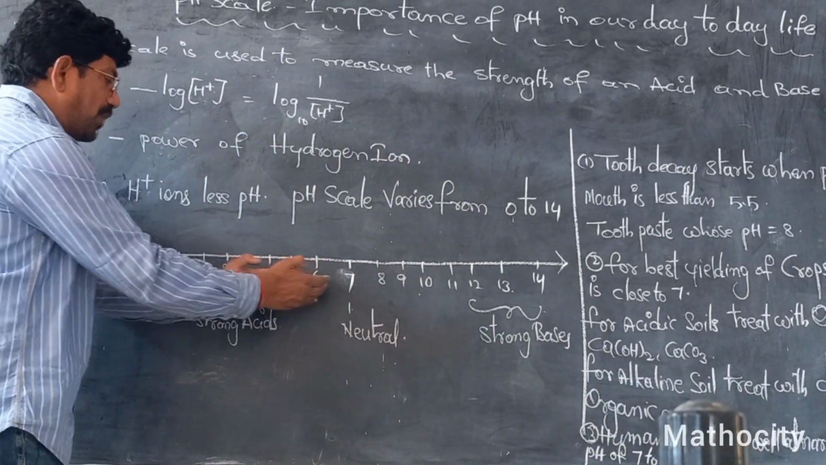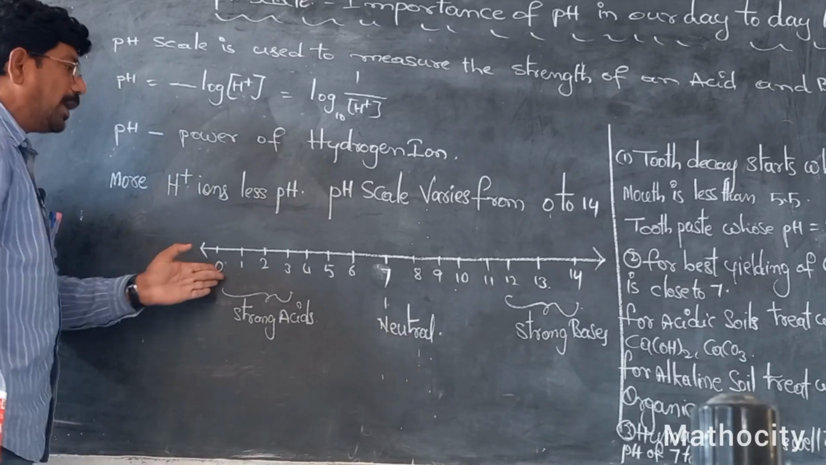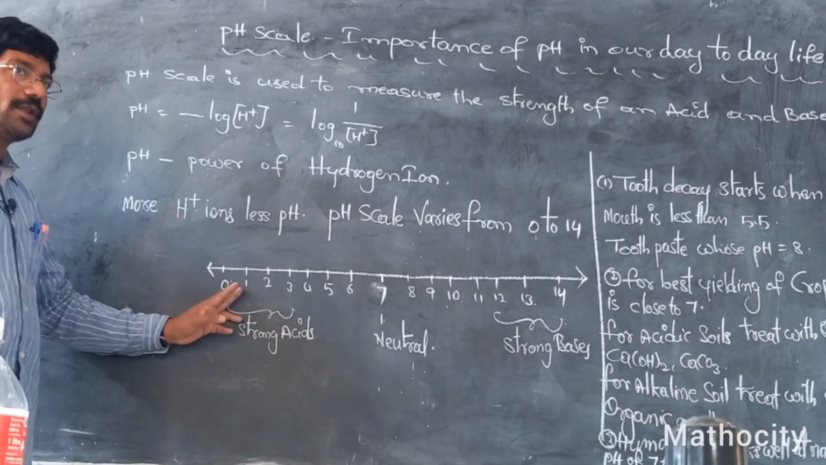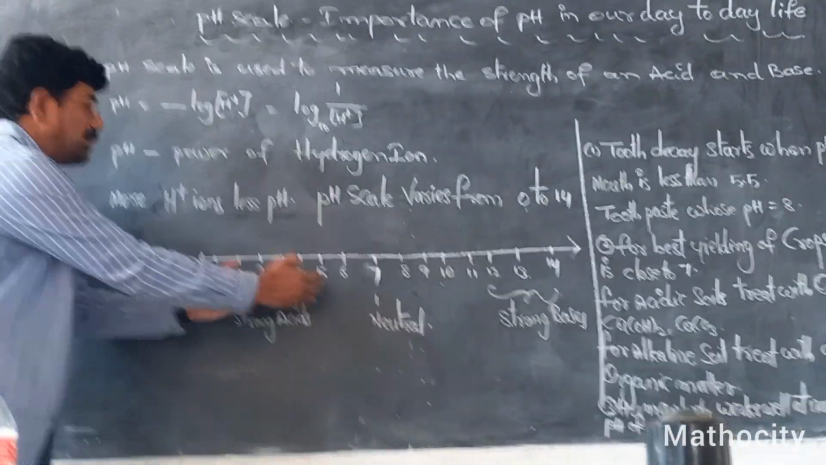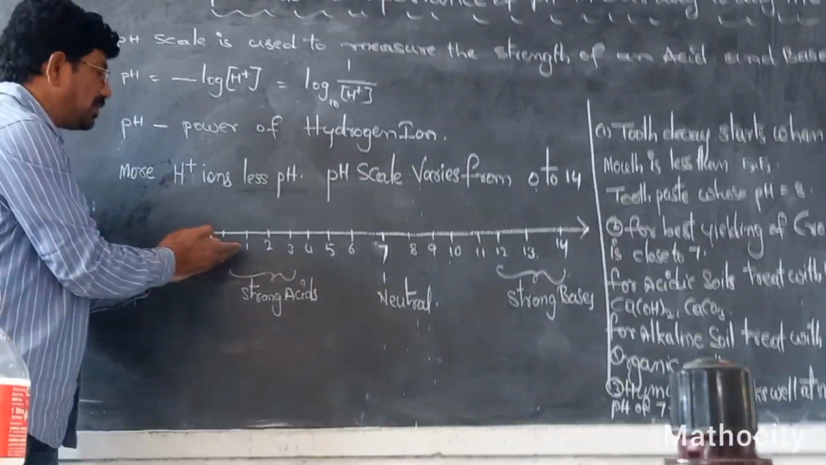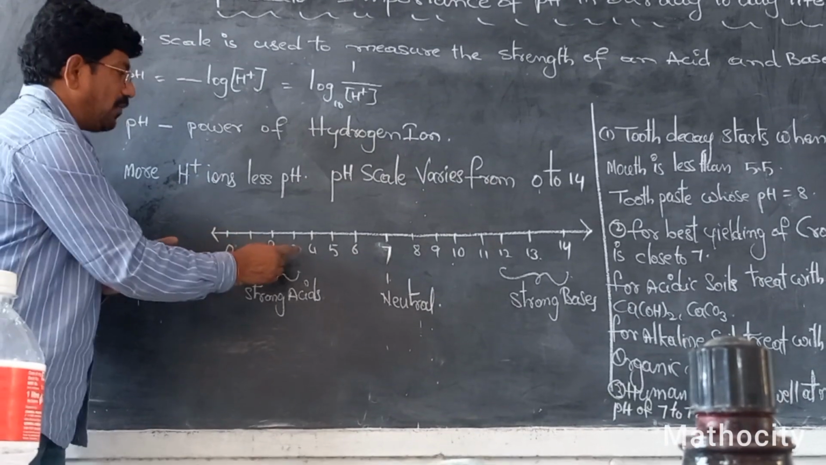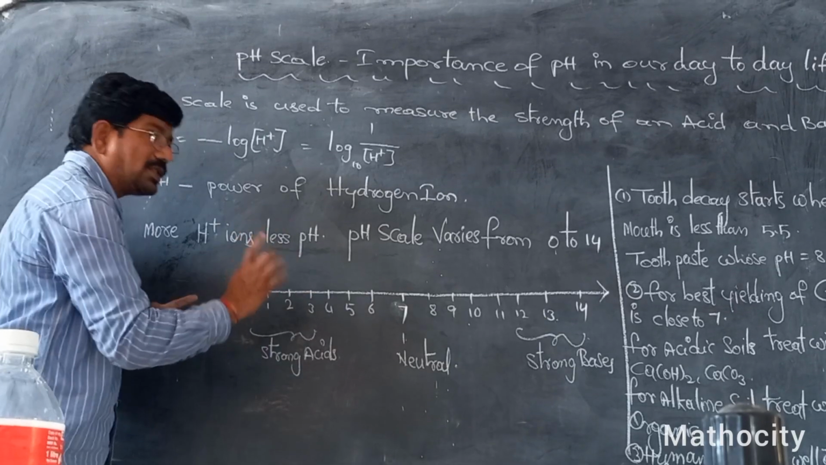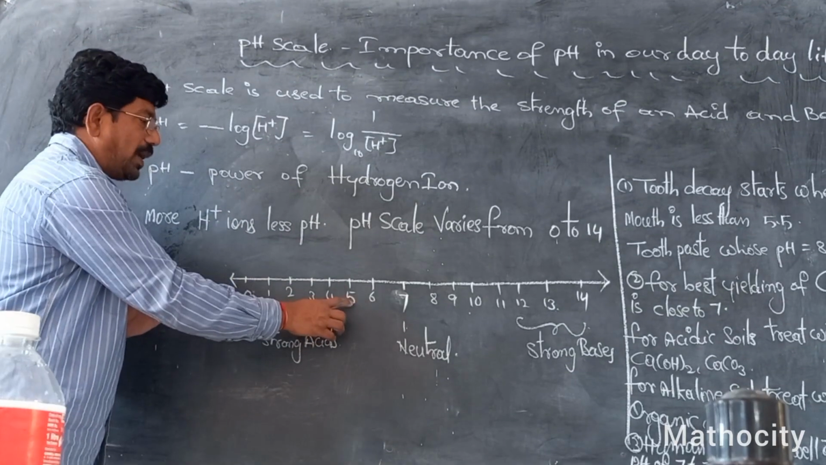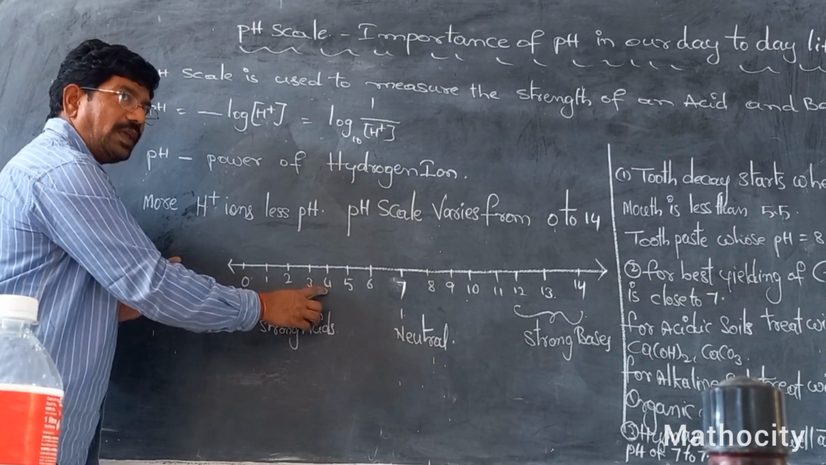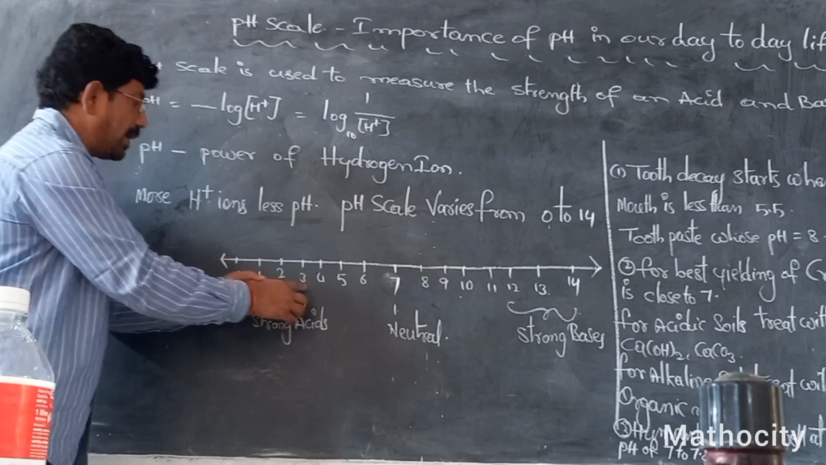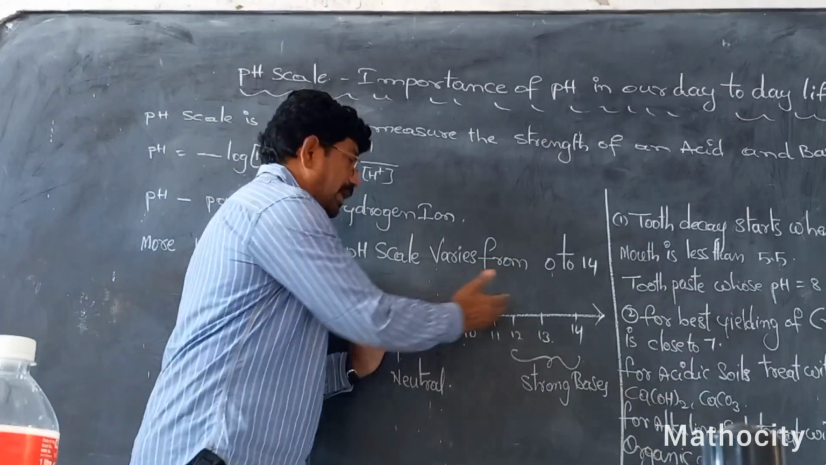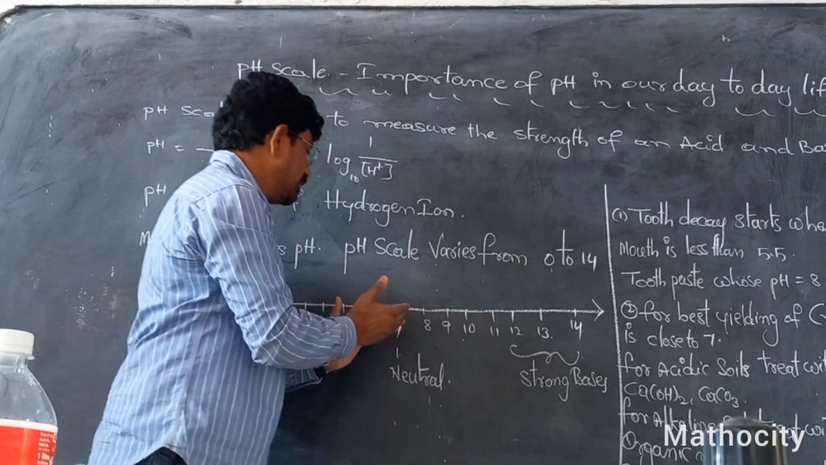If you move away from 7 towards the left side, you will get all the strong acids. 0 is the strongest acid, 1 is strong, and you go on like this. Here 7 is neutral, but if the pH is 6, it is the weakest acid. pH 5 is a weaker acid, 4 is also weaker acid, and 3 is stronger, and so on to the strongest. Are you clear? Next, if you move towards the right side of the pH scale, from 7 to 14,